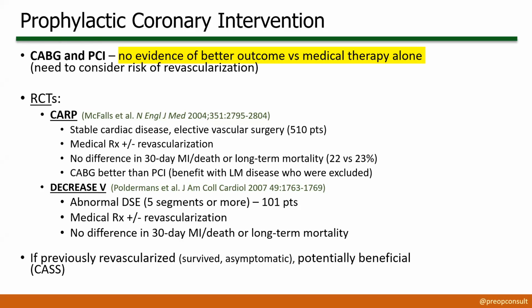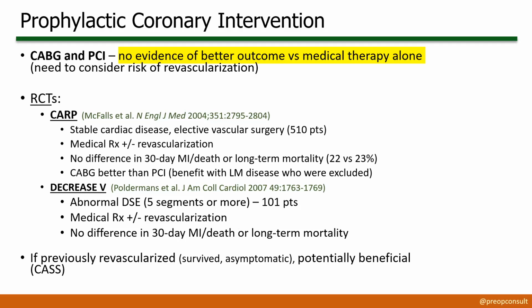So a patient who undergoes bypass surgery has a 1% chance of mortality, 1 to 2% chance of having a perioperative MI, 1 to 2% chance of having a stroke. So if you don't have at least a 5% chance of complications with your non-cardiac surgery, you're not going to see any benefit by revascularizing the patient, certainly not short term. PCI has a lower risk, but then we have to deal with the problem of dual antiplatelet therapy and the duration that we have to wait before surgery.